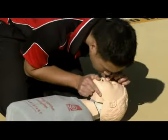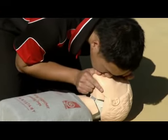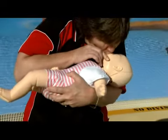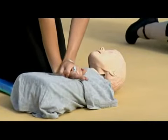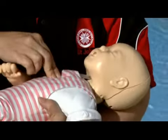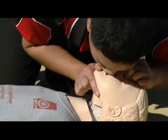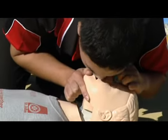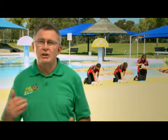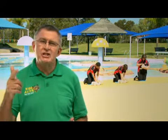Every parent or caregiver should know how to administer CPR. CPR stands for cardiopulmonary resuscitation, a combination of rescue breathing and chest compressions. When performed correctly, CPR can save a life by restoring breathing and circulation until advanced life support can be given by healthcare professionals. CPR may be necessary for children during many different emergencies, including near drowning, suffocation, poisoning, smoke inhalation,